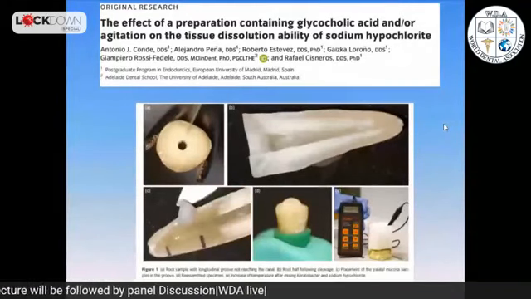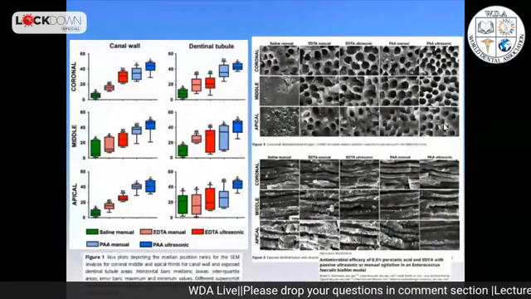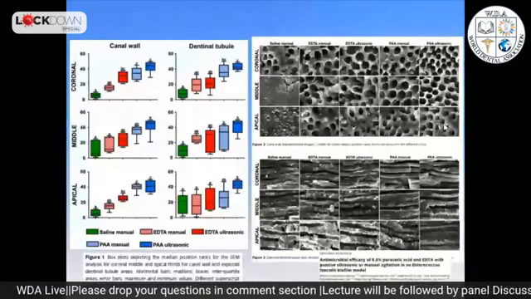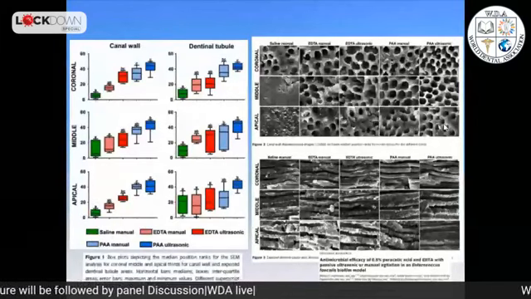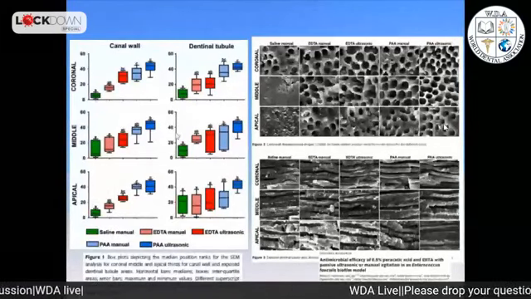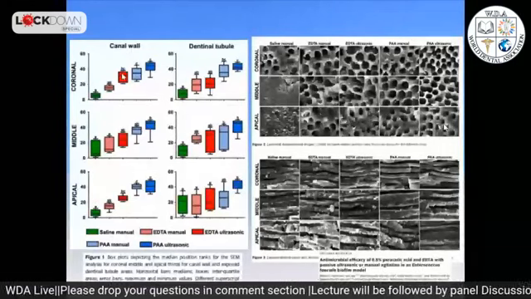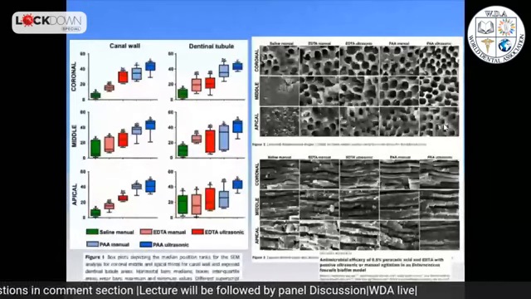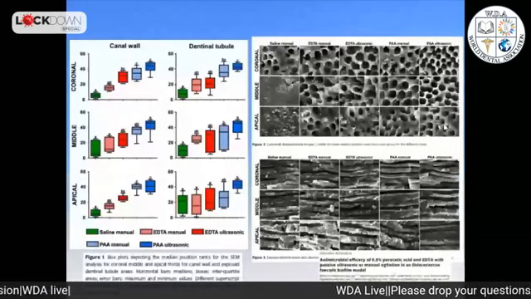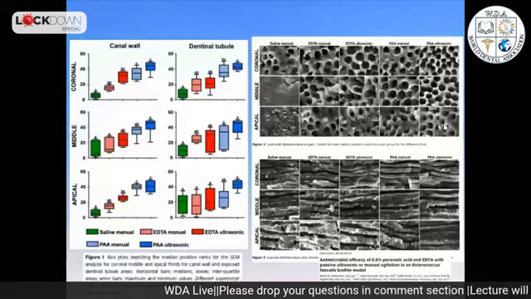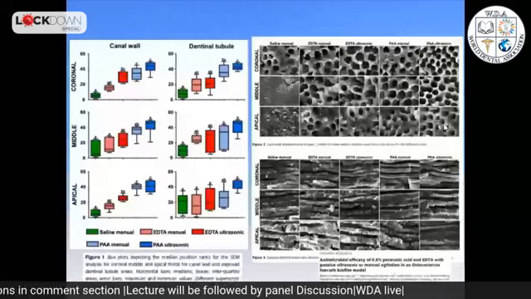It's mixing things together. Now, this is a simple study where we infected several root canals and we tested a very weak antimicrobial agent, which is CTTA, and a very good one, which is peracetic acid. And what we noticed is that every time we agitated, we had more disinfection. So even with a weak antimicrobial agent such as CTTA, if we agitate, the agitation enhances penetration and enhances removal from the surface. So it's important for tissue dissolution, but it's also important for antimicrobial efficacy.